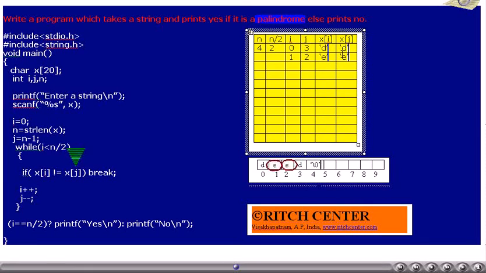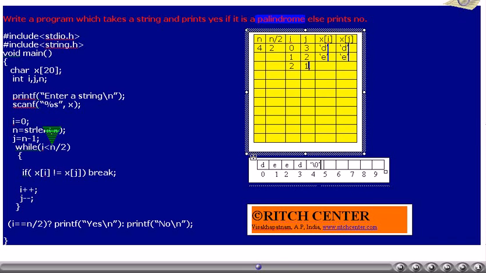Thus the loop will try to get executed once more. I value will be incremented by 1, thus I value becomes 2. J value will be decremented by 1, thus J value becomes 1.